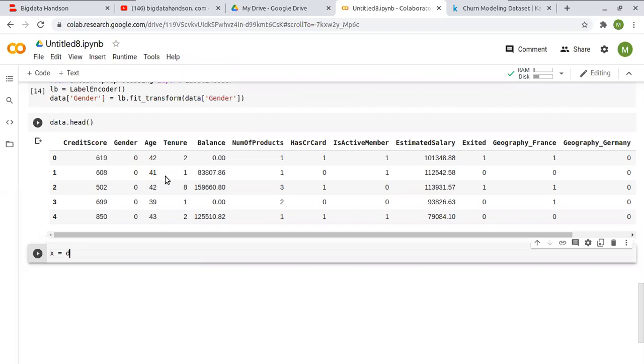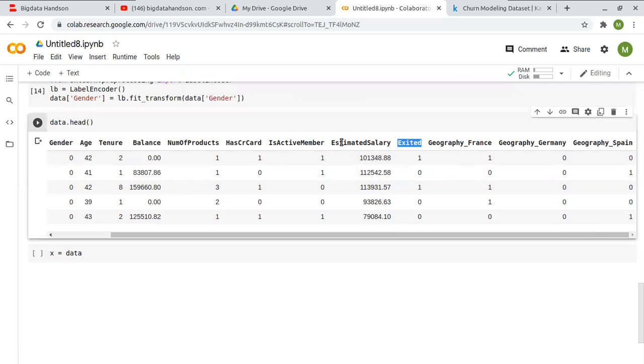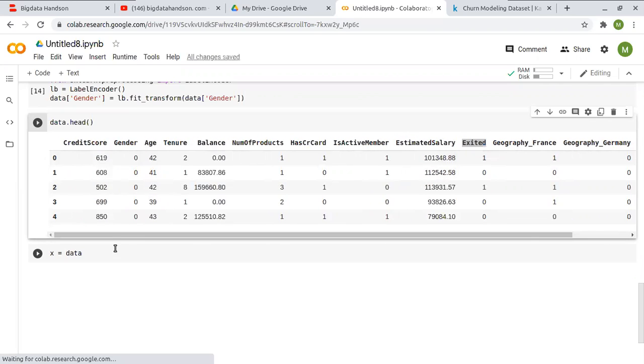The X features are the features like credit score, gender, except the Exited feature. This comes under the target variable. So except this, all other columns are our independent features.